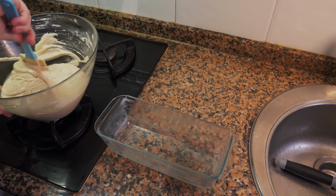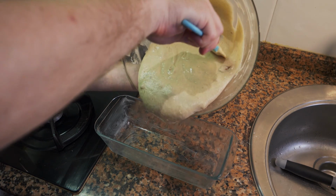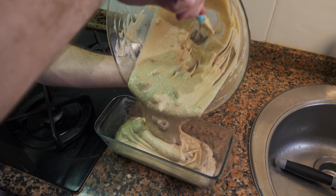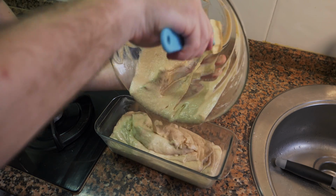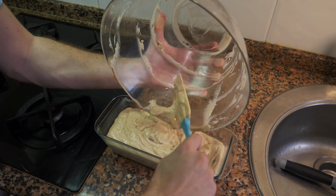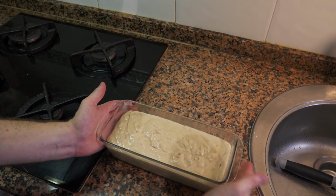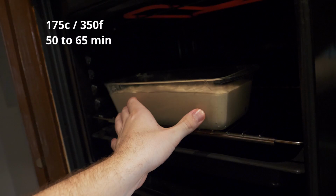Okay, wipe the sides down, mix it in a little bit. And yeah, it's a much better consistency with the eggs. We're just going to put it in. Make sure you get the entire mix in. Okay, now flatten it a little bit. So after everything is ready, we're going to put it in the oven at 175 for about 50 to 65